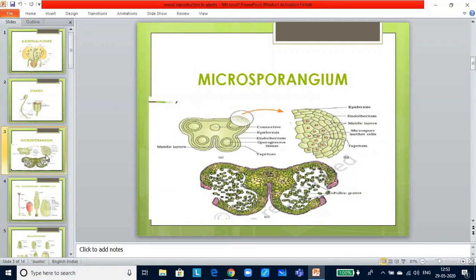The pollen grain represents the male gametophyte. Generally, pollen grains are spherical in shape, measuring 20 to 25 microns in diameter. It has a prominent two-layered wall: the outer exine made up of sporopollenin and the inner intine made up of cellulose and pectin. Sporopollenin is the most resistant organic material known. It can withstand high temperature.